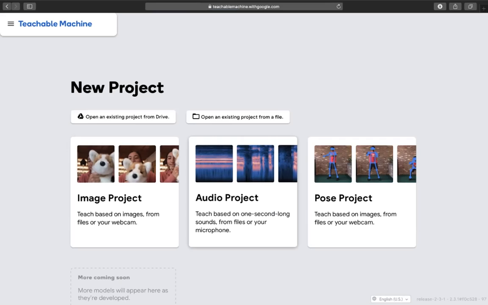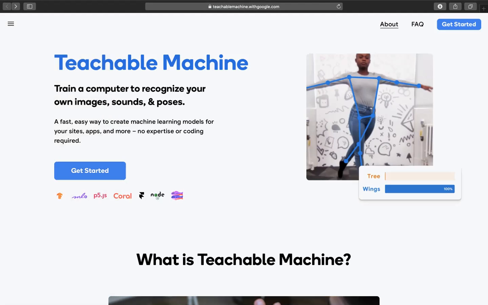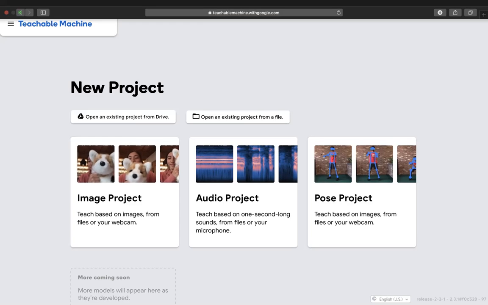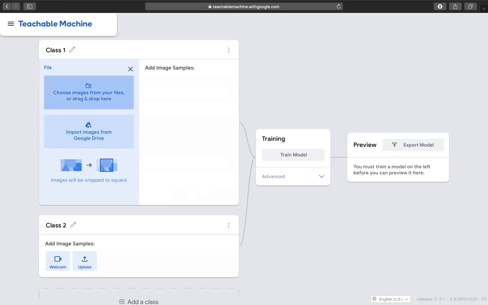But essentially, if I can get it to work, you can do different projects: image projects, audio projects, or standing in front of the camera and detecting which pose you're at. I think that's what they demoed here. So just for the ease of prediction, I'm going to have a go at image projects, and you can upload some files from your computer. So I'll try that.